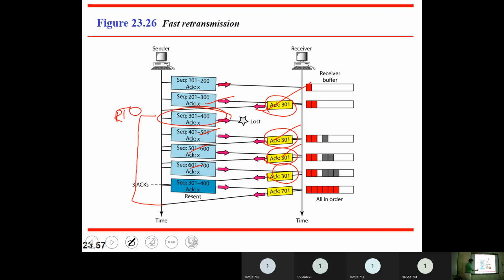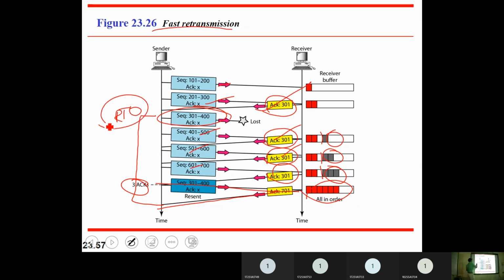So as soon as you receive 3 duplicate acknowledgements, immediately you retransmit that one, because there was some problem because of which the other packets are being received, but there is a gap in the middle. To fill that, I am immediately sending it, and I got everything in order, and I am providing a cumulative acknowledgement. This is called fast retransmission.